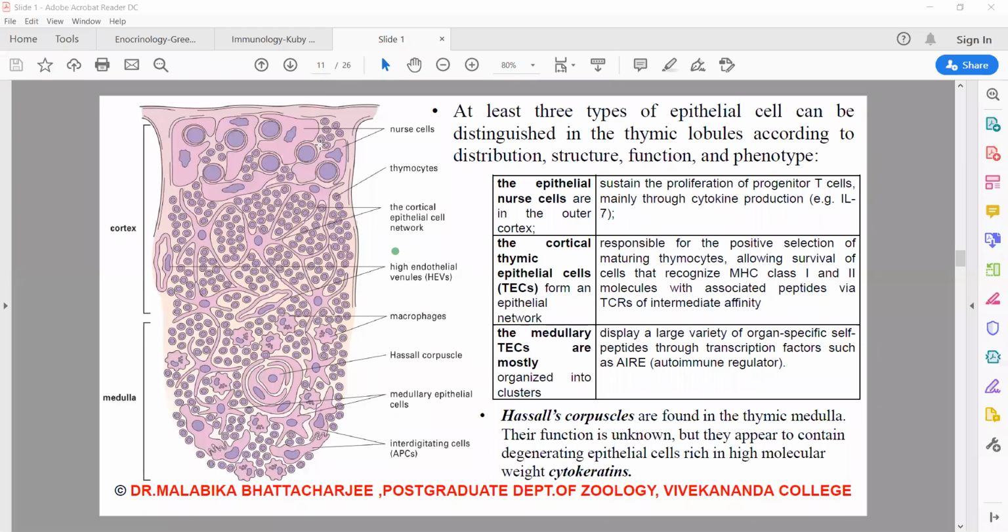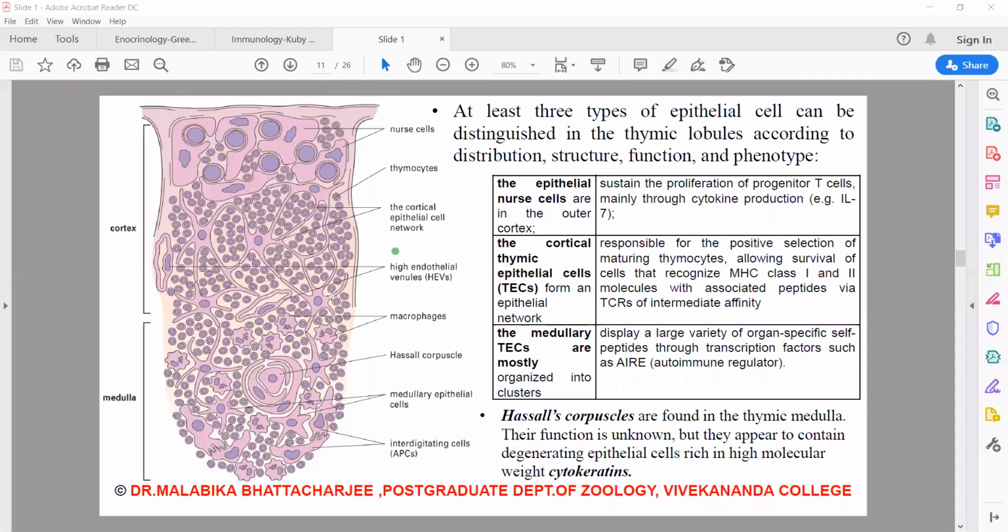Now let's look into two other kinds of cells which play a very important role in T cell maturation. As you can see in the subcapsular region, we have these nurse cells. Now look into this category of cells, the cortical thymic epithelial cells. So these big dendritic cells, as you can see, are the epithelial cells. This is the high endothelial venules. Can you see the high endothelial venules? From these venules, the progenitor cells enter and migrate to the subcapsular region.